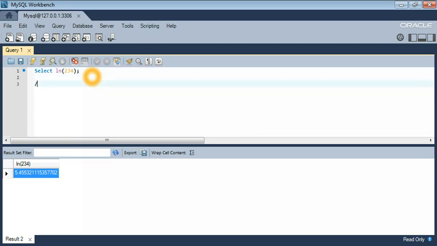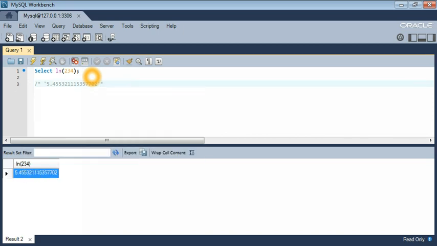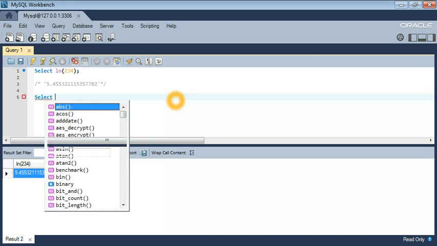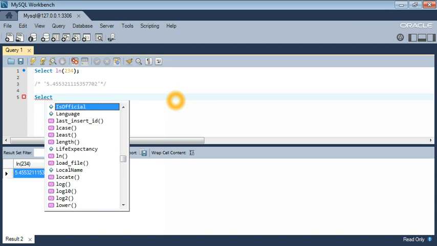and in a minute I'm going to try it with a value less than or equal to 0, which should return a null value, just as an example. So again, I'm going to type in select, spacebar, then control space to get the prompt up for the functions. Then I'm going to select ln again,